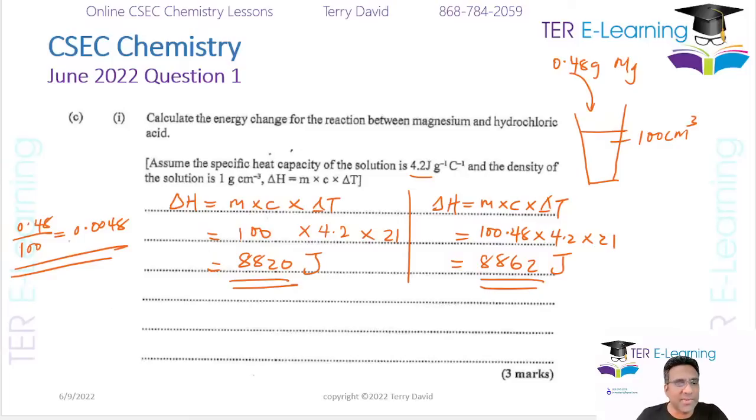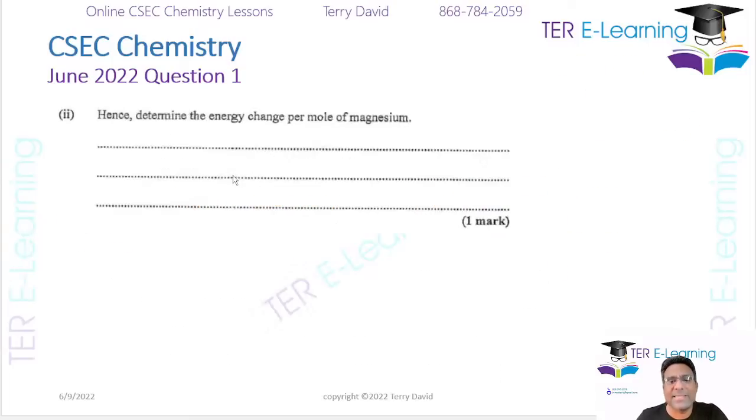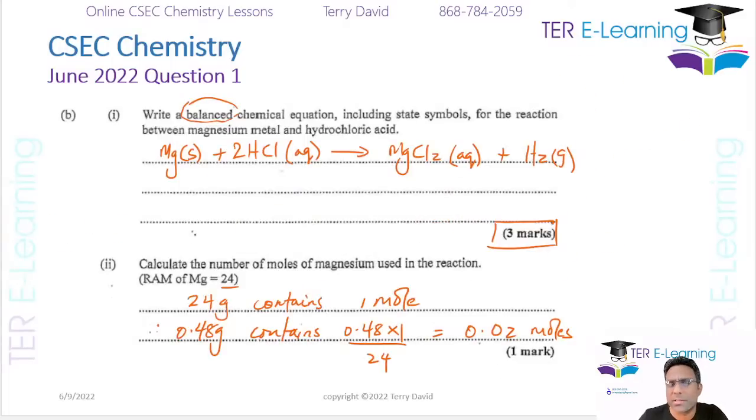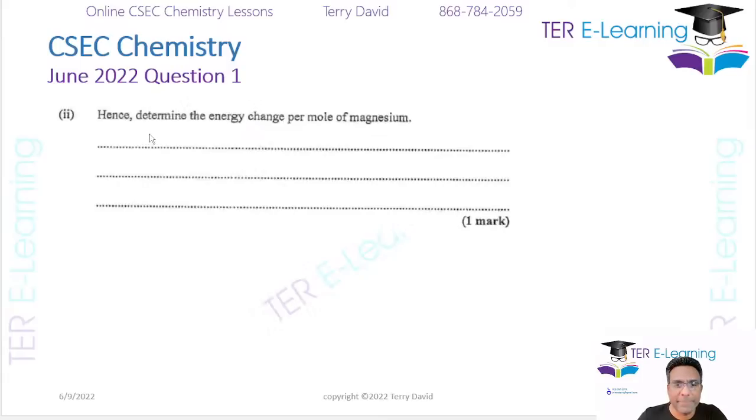Right, so 3 marks for that. The next thing they said, hence determine the energy change per mole of magnesium. Now, I'm going to be using this energy here, sorry. So that energy there is associated with how many moles of magnesium we had? 0.02. So all you guys had to do here was say 0.02 moles